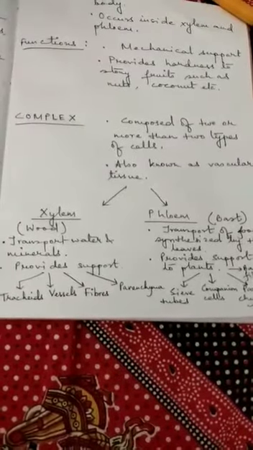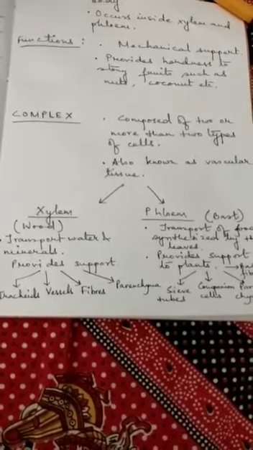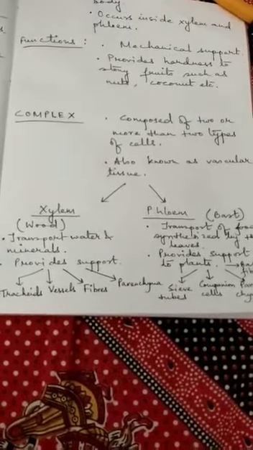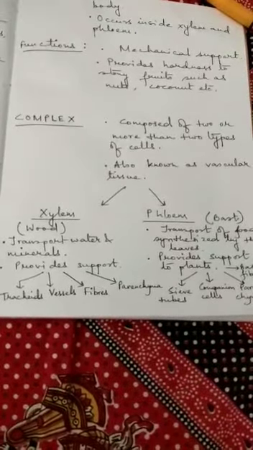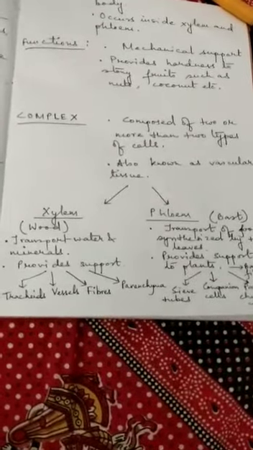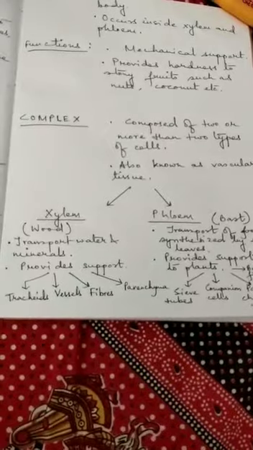Clear? Okay students, so we are done with the plant tissue part. Please go through the previous class notes and this class notes. You will get questions from here only. Locations, functions, types and the components. And please go through your book if you have it, because the differences between xylem and phloem, between parenchyma, collenchyma and sclerenchyma, and also the differences between simple and complex tissues, these are all important parts.